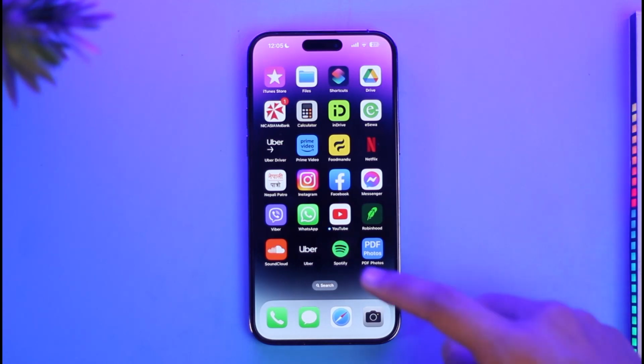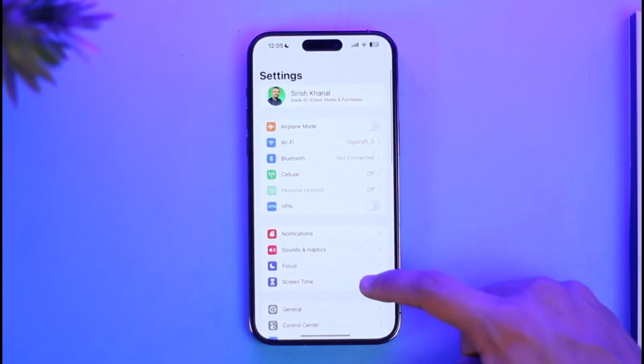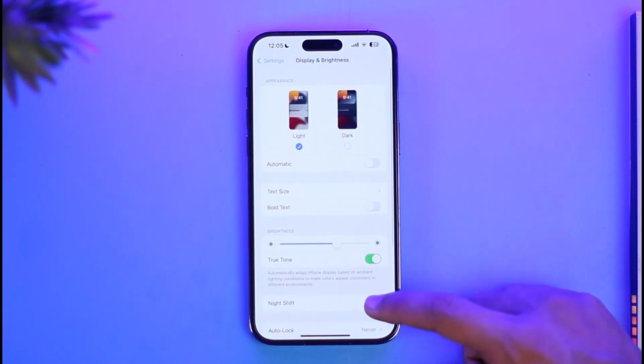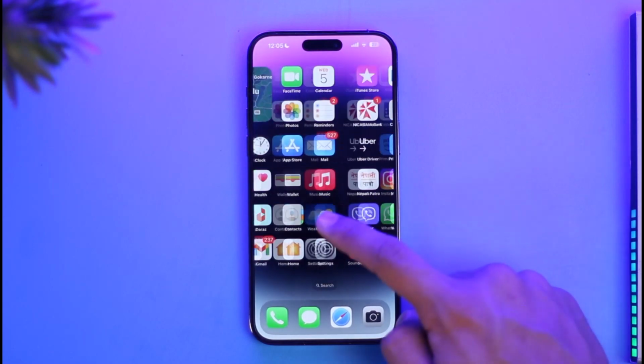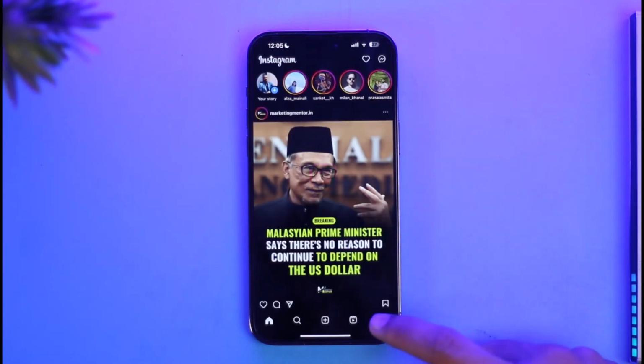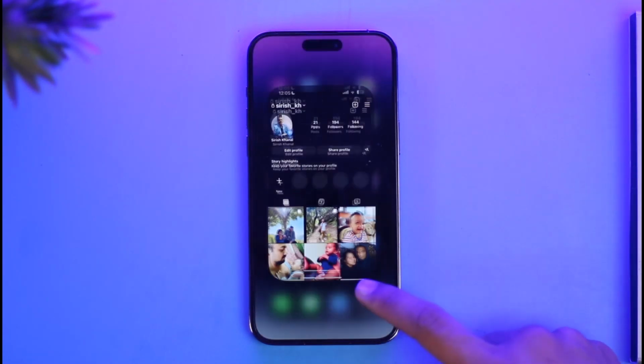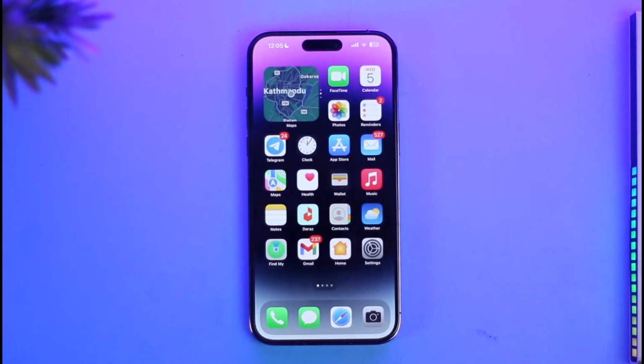To customize this, first of all, you need to go to settings if you're on iPhone, then just go to display and brightness, then you just need to switch to dark mode. And now when you switch to dark mode, if you open the Instagram app, you'll notice that the Instagram app will also instantly switch to dark mode, just like this, as you can see. And this is the only thing that you can do right now. If you're using light mode on your iPhone and you want Instagram to be dark, that's simply not how it works anymore. So hope this video helped you,